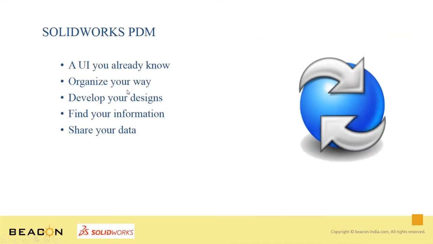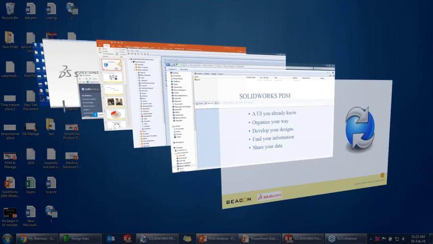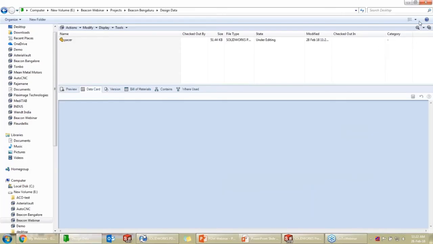So I am probably the admin here. So I will log in as an admin because this particular design manager here has no permission to search the files as of now. So I will log in as the admin and then I'm going to browse into, I'm going to search for